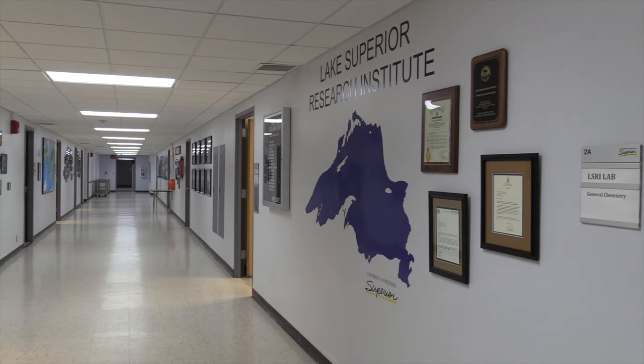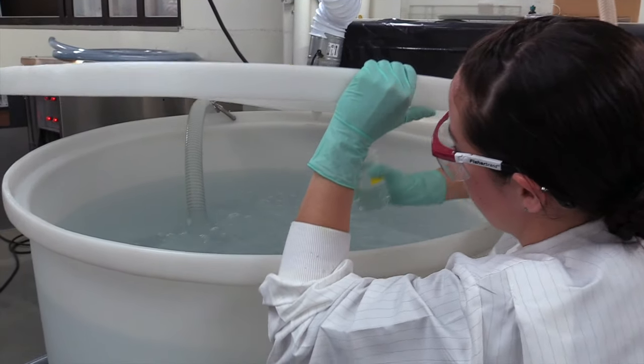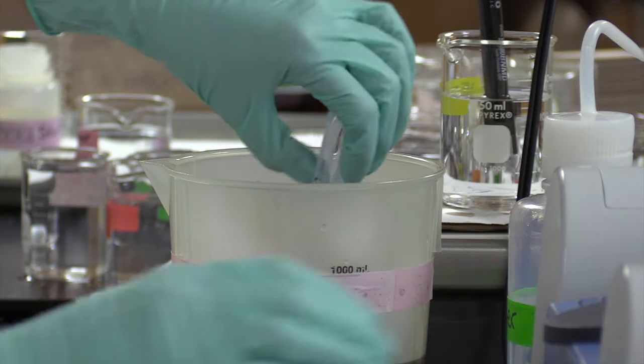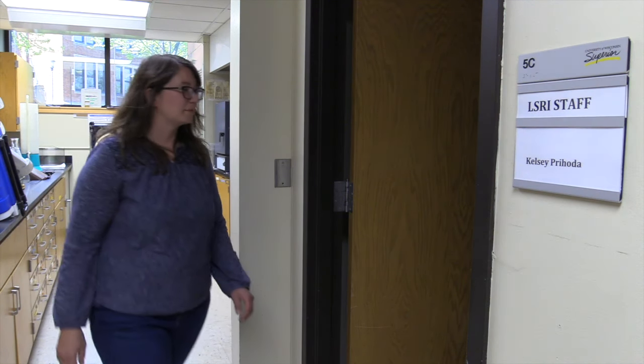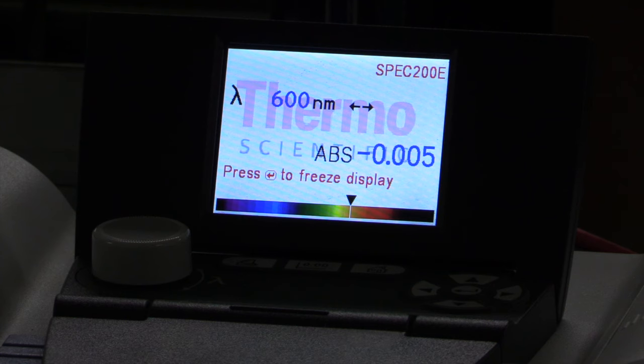LSRI is Lake Superior Research Institute. It's an applied research center located at the University of Wisconsin-Superior. Typically we focus on water-related issues from drinking water, well water, to larger projects like our ballast water. I manage what's called the Great Waters Research Collaborative. We focus specifically on controlling the spread of invasive species and stopping the introduction of invasive species via the ballast